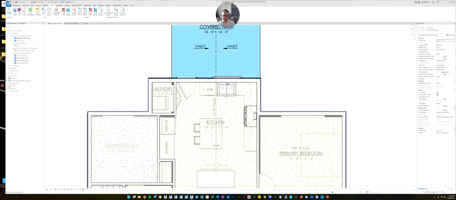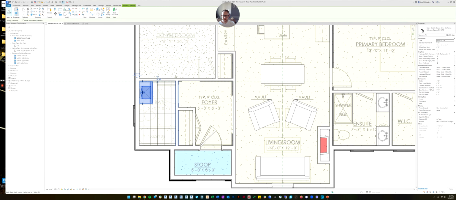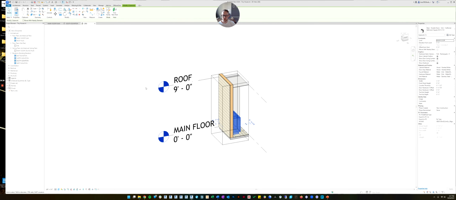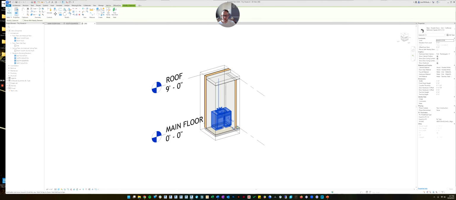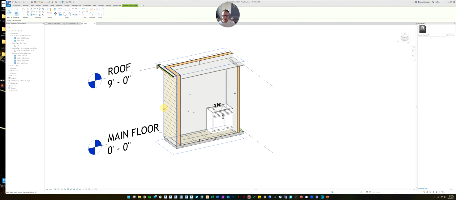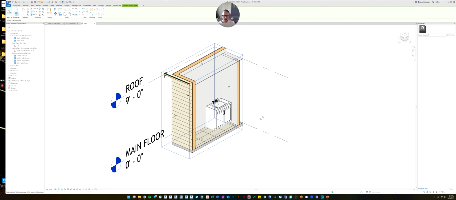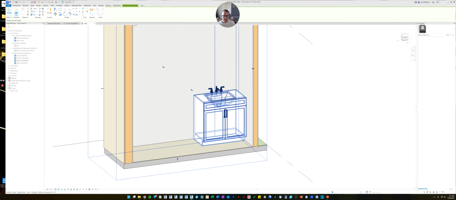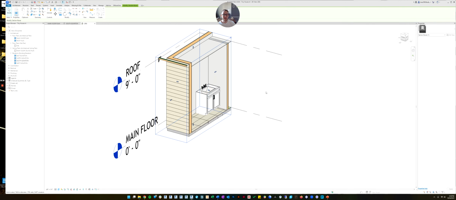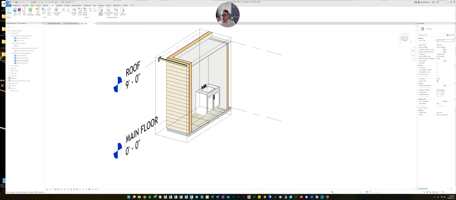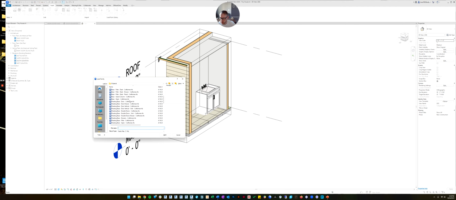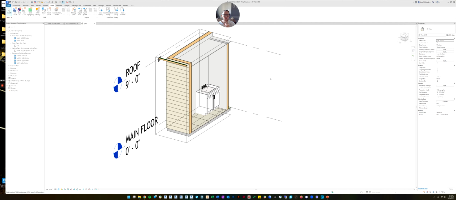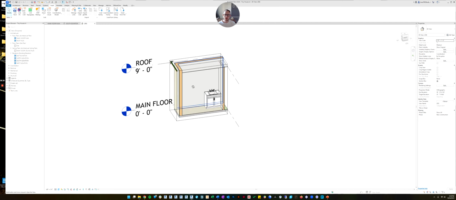So now let's look at this bathroom that we did. If you go up here, hit the section box. Hey, look at that. There's our bathroom cabinet. And if you had your toilet and your bathtub in here, it would be showing you all of that as well. So you can see we're missing a countertop, and we'll get to that. You can actually load the countertop, I believe. Oh, maybe there isn't a countertop. Actually, we don't have a countertop. So I'm going to teach you that in one of the later videos to do an in-place family, and we'll do a countertop for that.